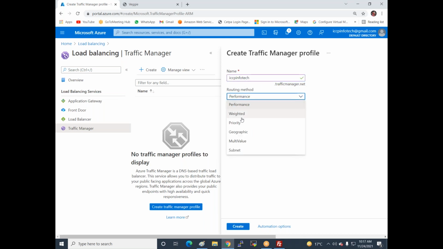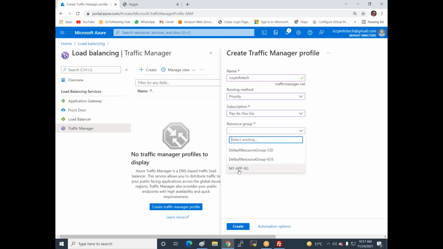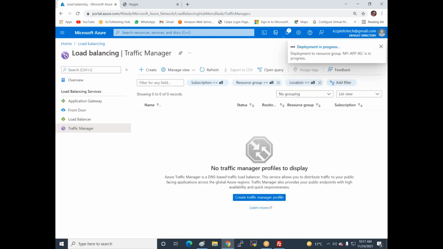The routing method is weight based, I set the priority. I select the pay-as-you-go subscription and my app resource group, and now create. As you see in the practical, I deployed the website but did not create any virtual network or any server, because each and everything is managed by Azure. So these are compute-less services.